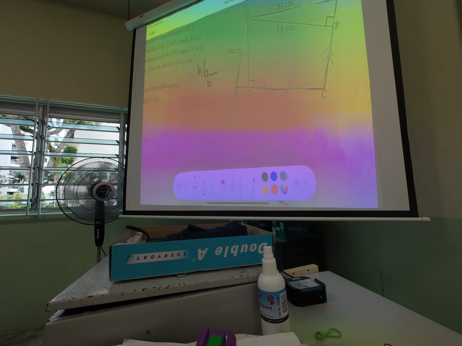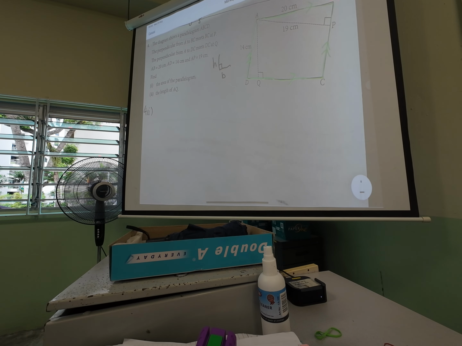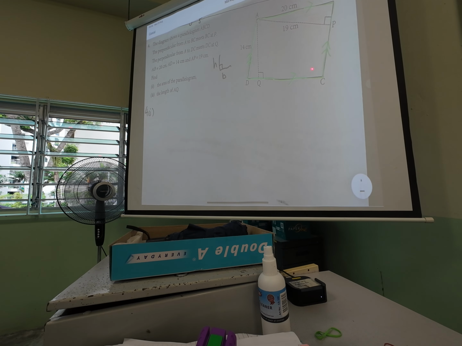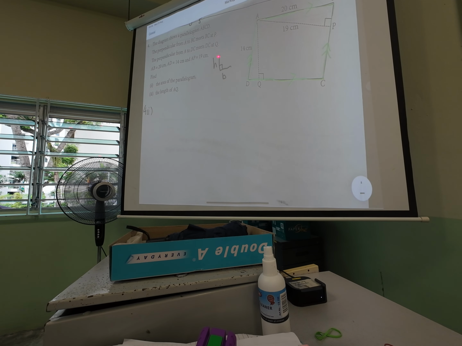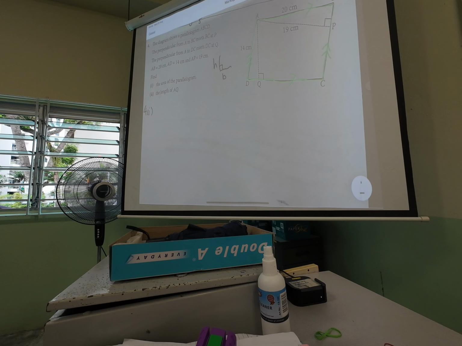Okay, done. Part 1 should be able to do, right? The area of the parallelogram ABCD. So I repeat, for parallelogram, rectangle, square, triangle, trapezium, the area is all base times height. Just that we need to identify our base and our height. Our base and height are always 90 degrees apart. So if I want to take 20 from the parallelogram as the base, this side, then I will need to know the 90 degrees distance from AB to CD. If I know this distance, then I can use base, because CD is